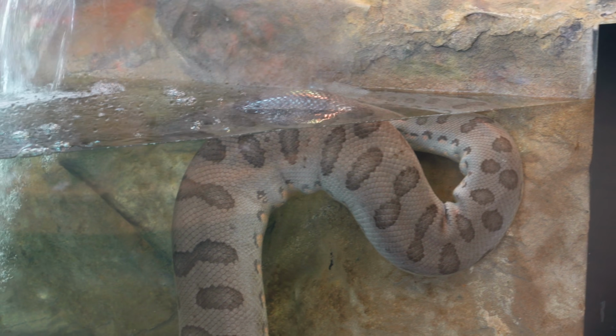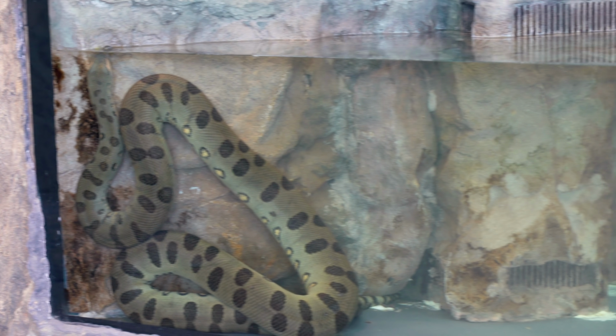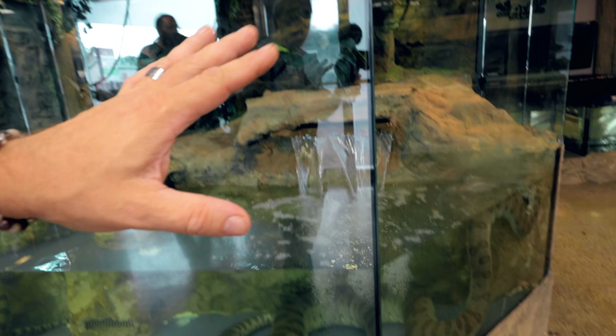Take for instance Ivies and Aries here. We've seen them do so many things, interact, so amazing. We're emotionally invested. I know I'm emotionally invested, but I think you guys are emotionally invested too. So can you imagine sometime next year we come in and we look and there's baby green anacondas all over this cage. So not only did we produce amazing animals, but we've actually now produced something from